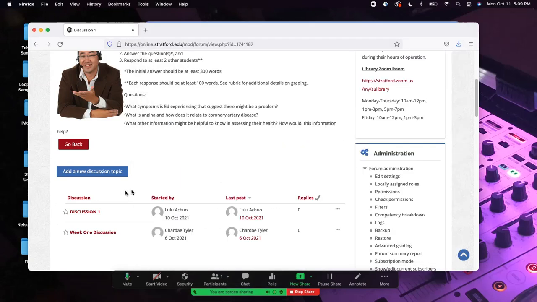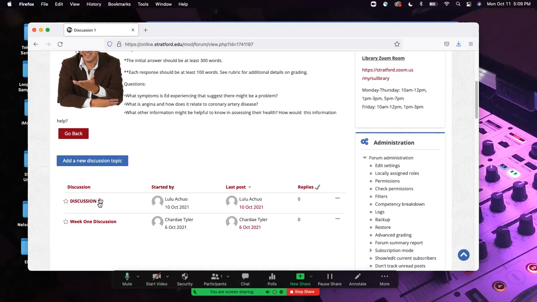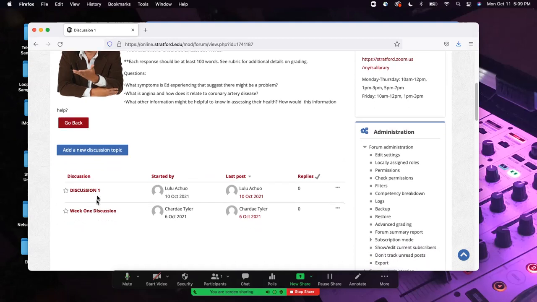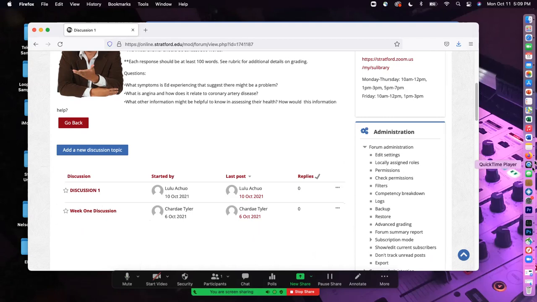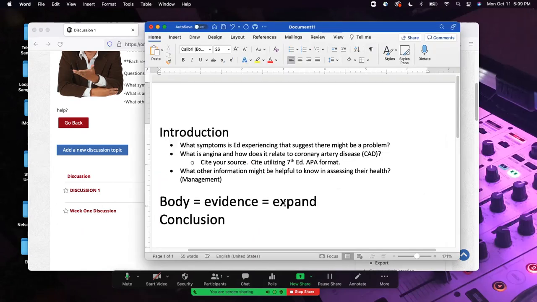So that's how you actually do a discussion. And I see there's some people with discussions here. I'll be replying to your discussions. And, you know, I'm sure maybe they're complete, maybe they're not, but I'll reply. Now, when you reply to somebody, you do the same. You don't just say, "Oh, I loved your post." If I'm replying to somebody,